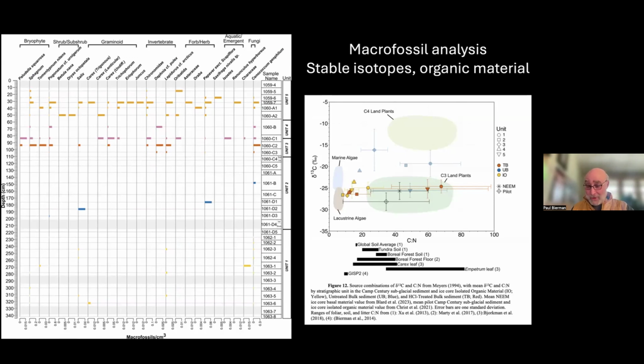The story is actually pretty simple. However you pre-treat these and whatever units we're in, most of them represent some mixture between C3 land plants and lacustrine or fluvial algae. So some are the end members over in the algae side, standing water, and some are terrestrial land plants. And most of the fossil mixtures that we've analyzed with stable isotopes and carbon nitrogen fall somewhere in between. So we're getting a feeling from her work that this is a varied landscape with lots of different